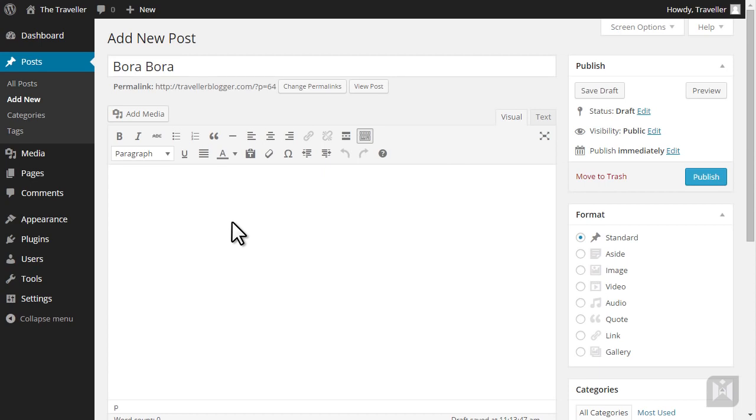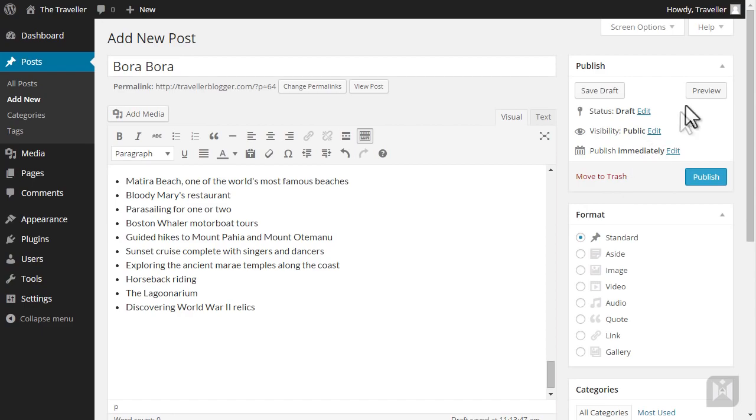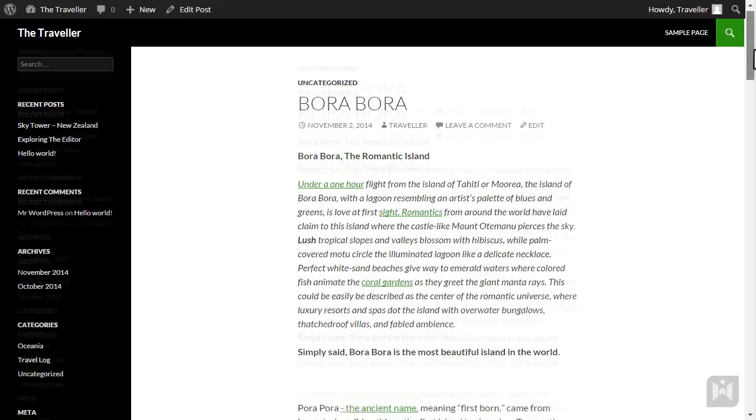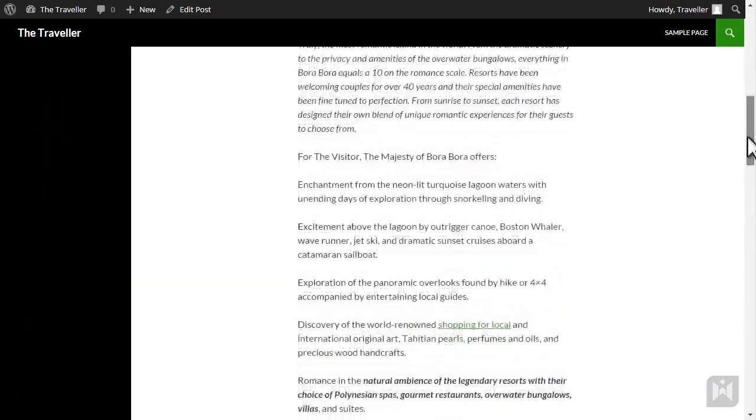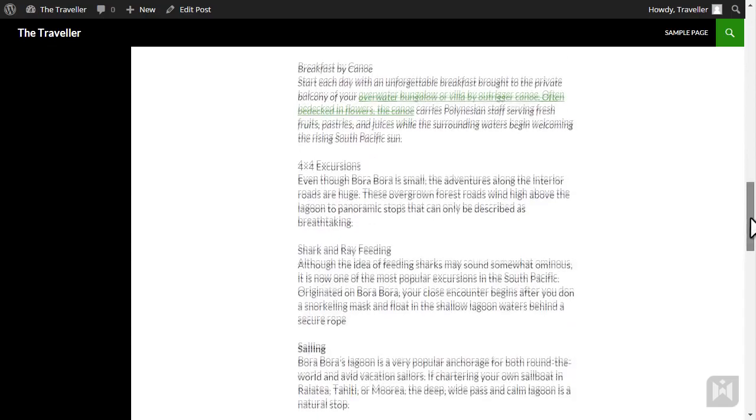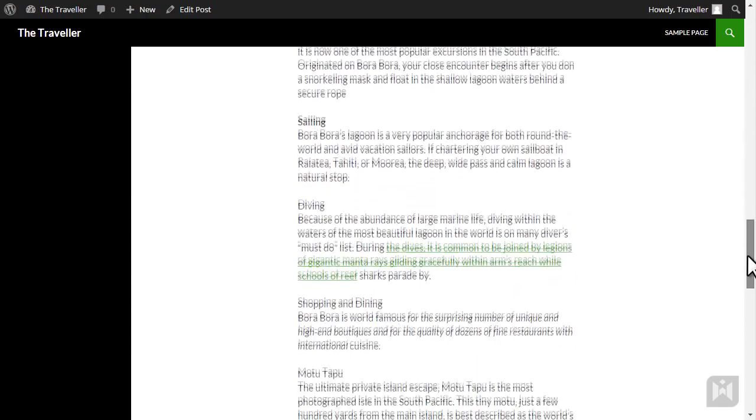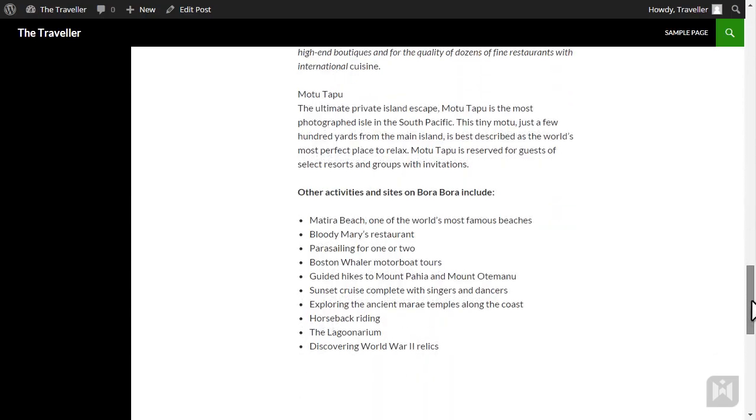Open the lecture material. I have purposely formatted this material to be messy, but don't worry. Copy and paste the content provided into the editor, then click Preview. A new tab will pop up, previewing what the post is going to look like if you publish it. You'll notice a lot of random formatting, random links, random bold and italic text, so let's go back to the